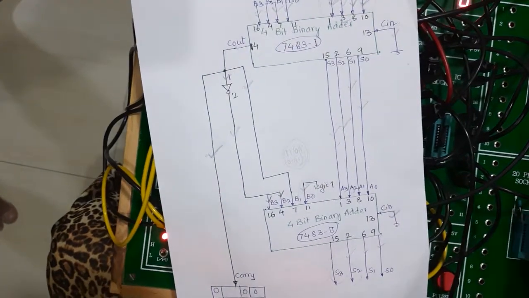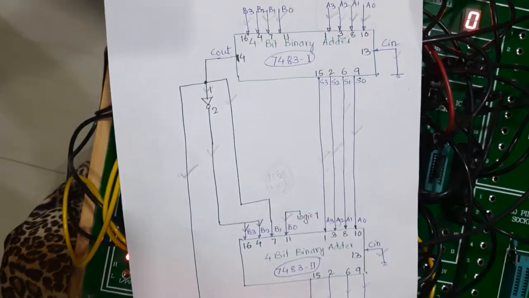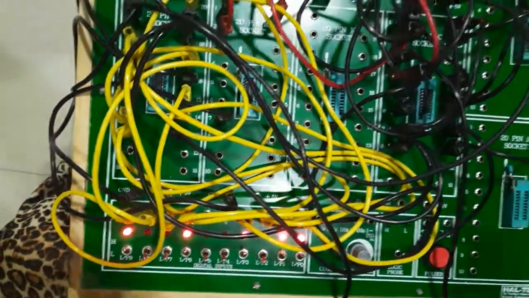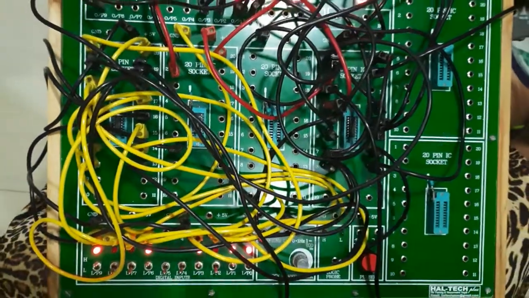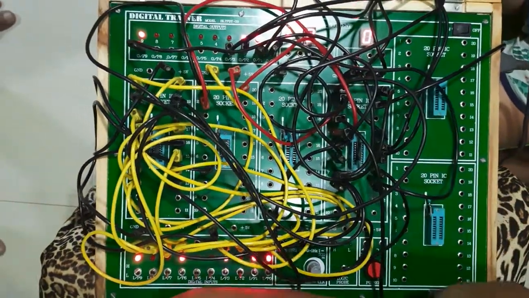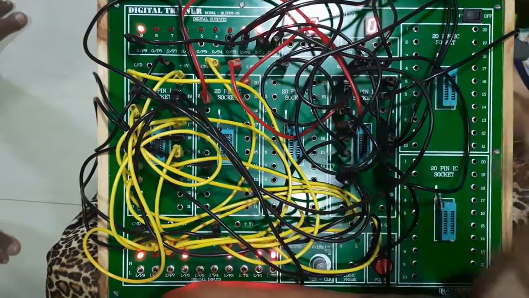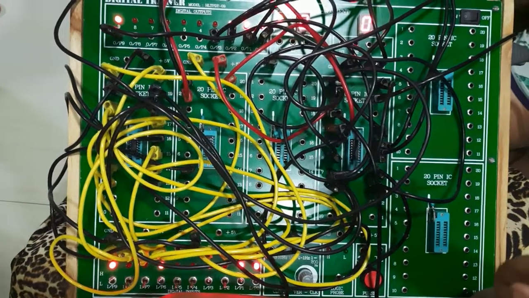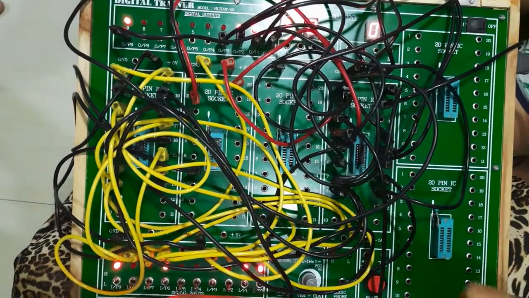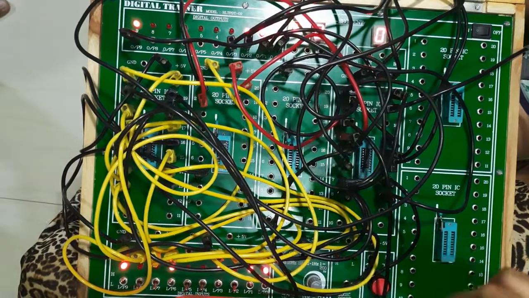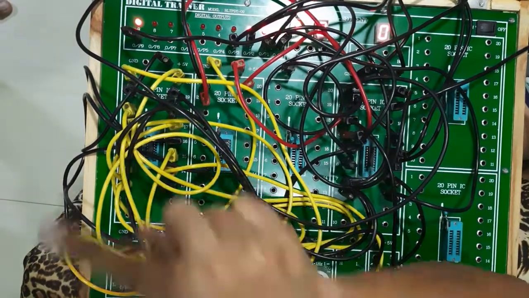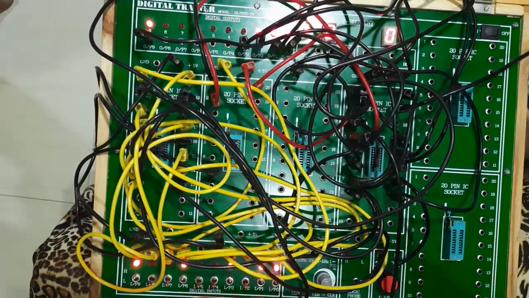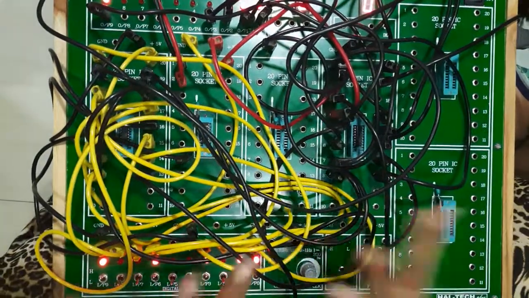Just revise the things we have discussed in the theory part and study about the 7483 binary adder. I repeat, we are using the 7483 IC, which is a 4-bit binary adder. This is also a question that can be asked, that is, which IC you are using for implementing both the adders, BCD and XS3. So we are using the 7483 4-bit binary adder. What is the difference between binary and BCD? That is also an exercise for you, because that is one more important question asked in orals. So we'll stop here. I hope you understood all the adders.